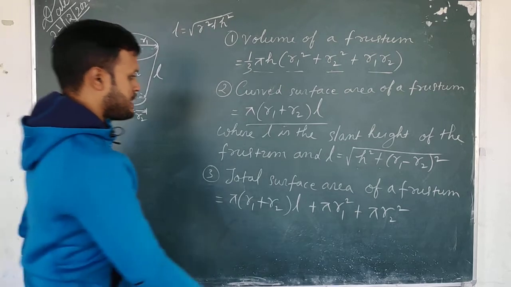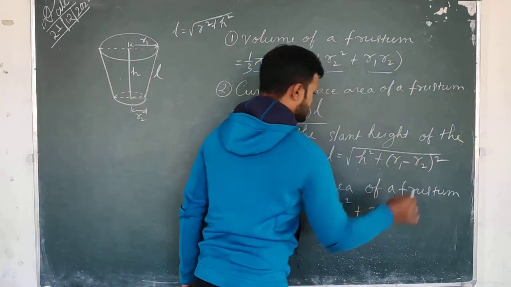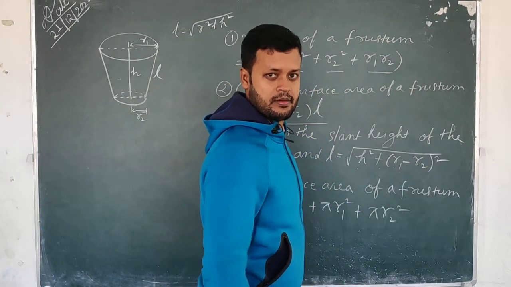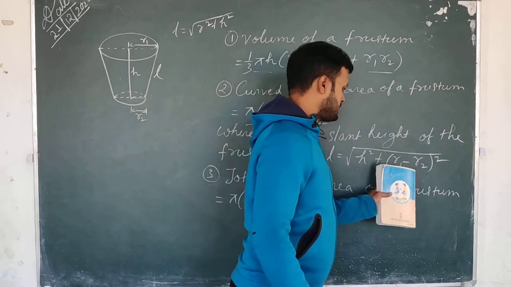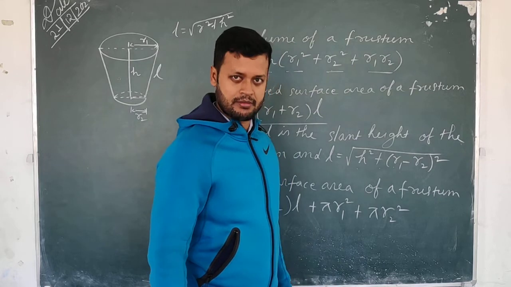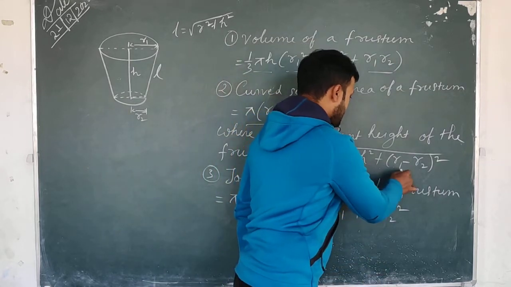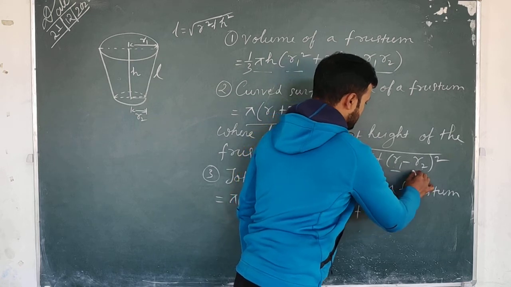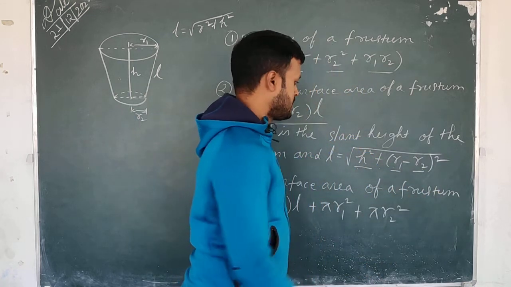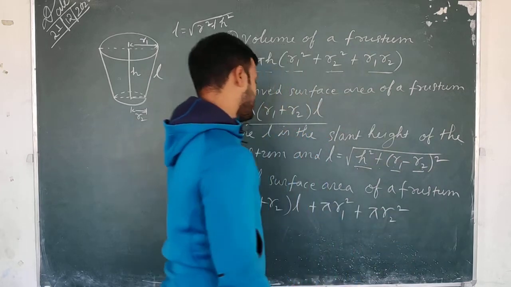Okay, so it doesn't matter whether r1 is small or r2 is big or not, because ultimately whole square is there, no? Even if r1 is a smaller number, r2 is a bigger number, even if the number is negative, square will make it a positive number. Understood? So h square plus (r1 minus r2) whole square. Just put the value of height and upper radius or lower radius, as you consider, and you will easily get the slant height.